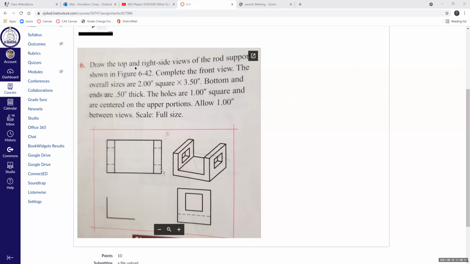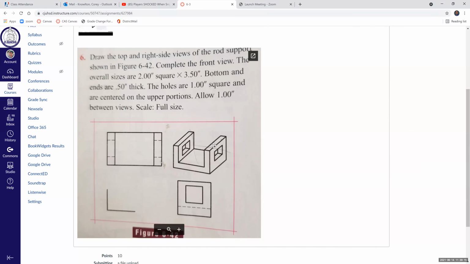All right, so our next drawing is going to be drawing 6-42. Again, they have a couple of views. The book has a couple of views drawn for us. They've got the top view done, they've got the right side view done, but we have to figure out what the front view looks like. Up here it says that,